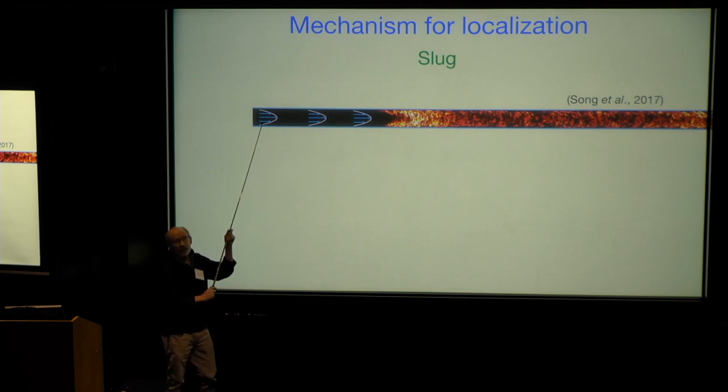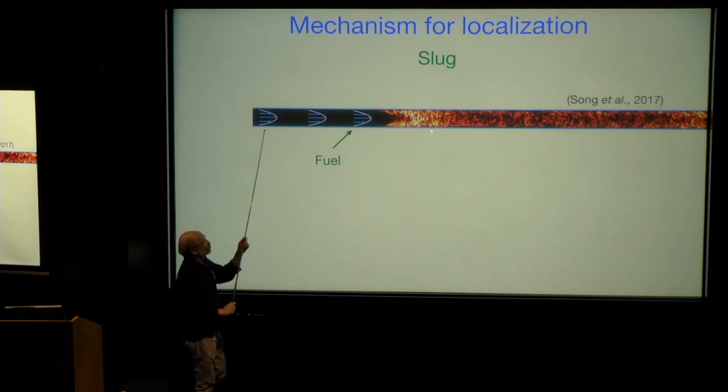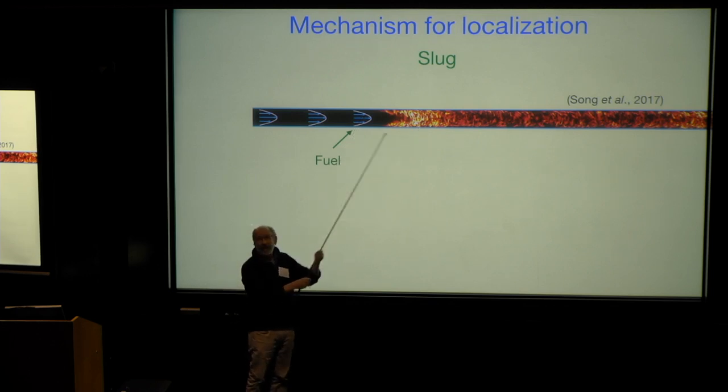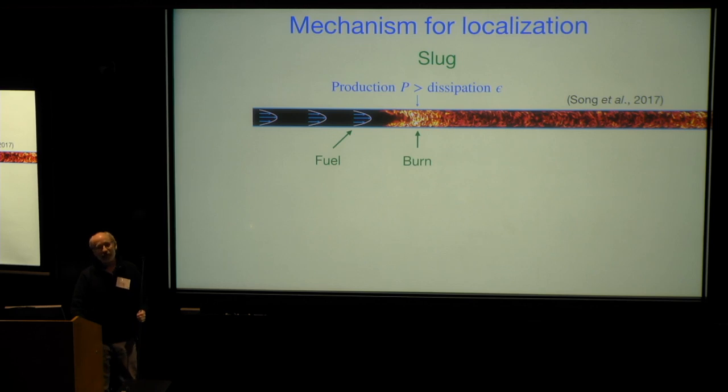So what we have up here upstream, this is laminar flow, fully developed laminar profile. And you should think of that as fuel, as Mike Graham has pointed out. This is fuel for this, and this is a flame front, okay? There's a lot of kinetic energy in this parabolic flow profile, which is flowing into that. I told you that these are moving relative to each other. Relative to the mean speed, this is moving to the left. This is moving into that. And it's taking that kinetic energy in that parabolic profile and burning it and converting it into turbulent fluctuations. Production exceeds dissipation. There's a rapid conversion into turbulence there.